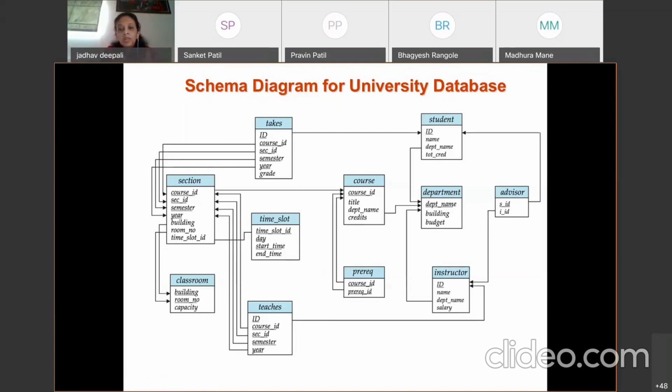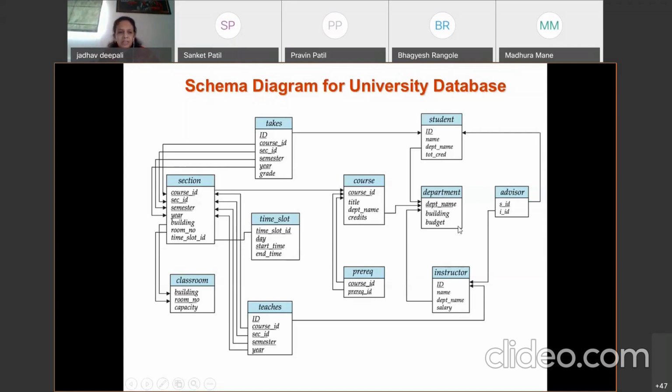In DDL, you create all the tables. Now, when the schema is ready, it is very simple to create the tables. But which table do you need to start with first? The department, because it has no foreign key. It does not depend upon any other table and does not refer to any other table. That's why we need to create department first.